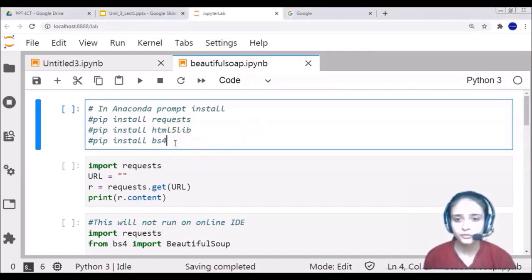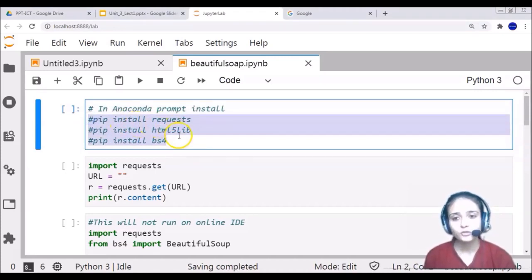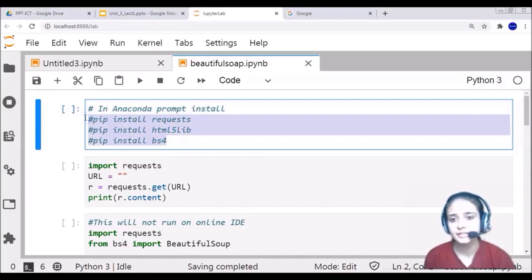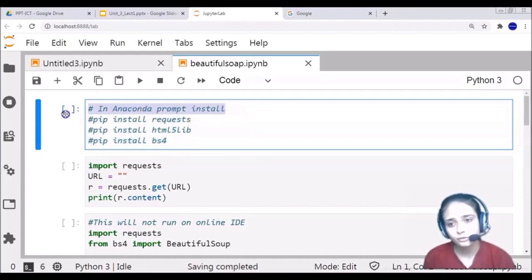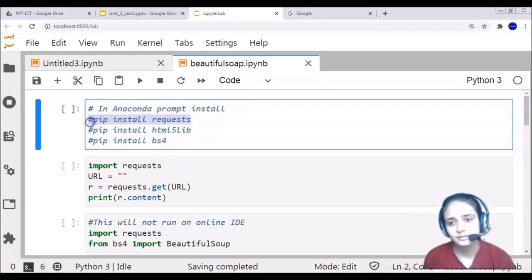So for Beautiful Soup, we want to do web scraping. For that, these 3 libraries you have to install and it is a must. What you have to do? In the Anaconda prompt, you have to write the syntax like this, that is pip install requests. Then you have to wait for a few seconds.